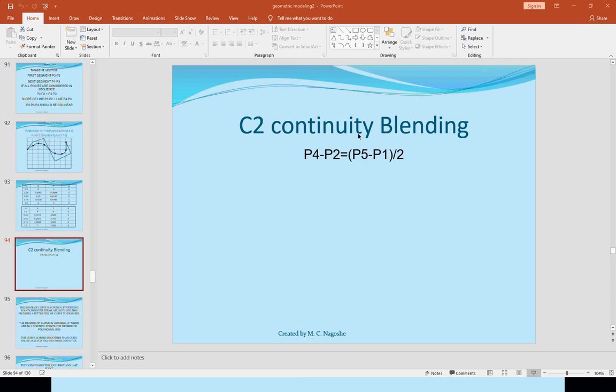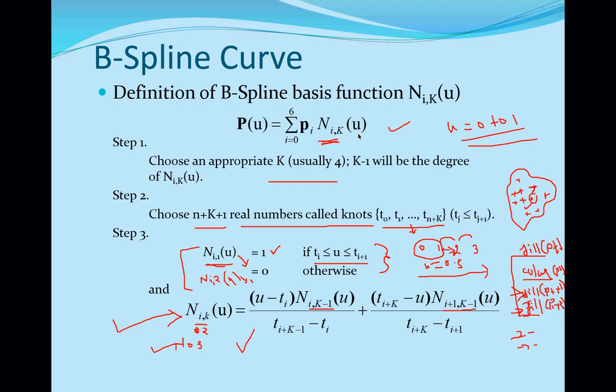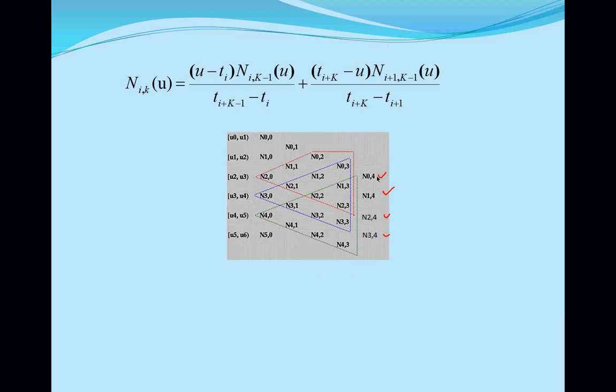Okay, fine. So this is the recursive nature. Basically I want this value, this value, this value, and this value, because k is 4. My k is 4 and i varies from 0, 1, 2, 3. So if that is the case, then I should be aware of these values.